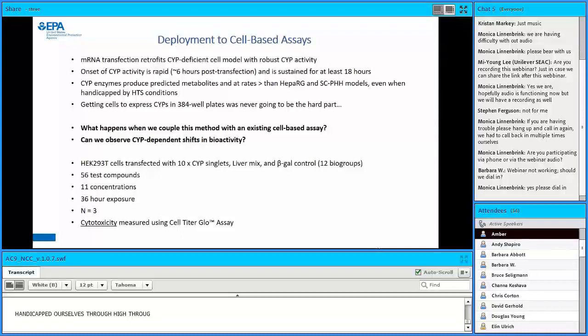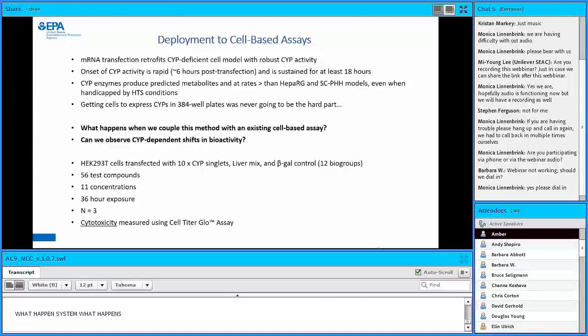However, we never really thought going into this that getting cytochrome P450s to work in 96 or 384 well plates was going to be the hard part. Like I said, other people have done it. I showed you the study from 2000 where they overexpressed CYP3A4 in Chinese hamster ovary cells. The real problem is what happens when we couple this method with an existing cell-based assay, and do we observe